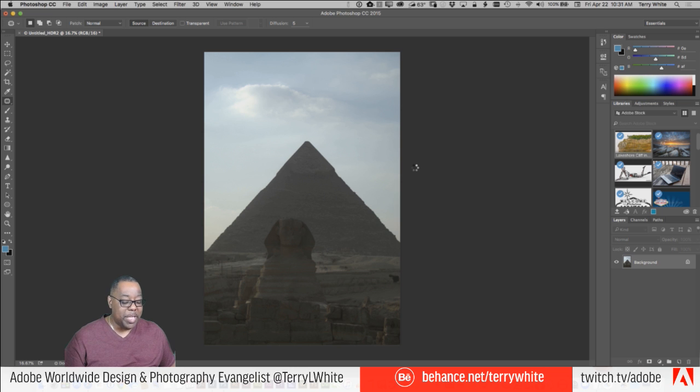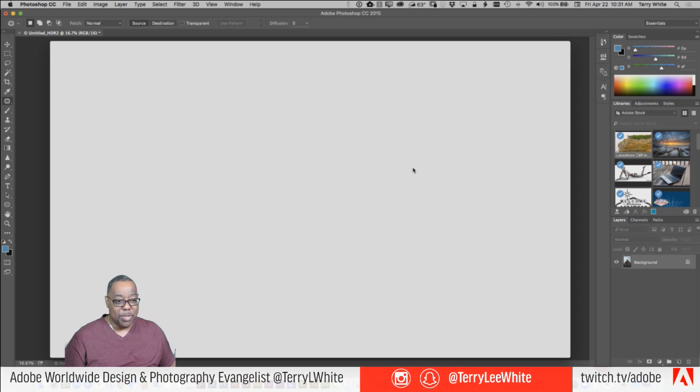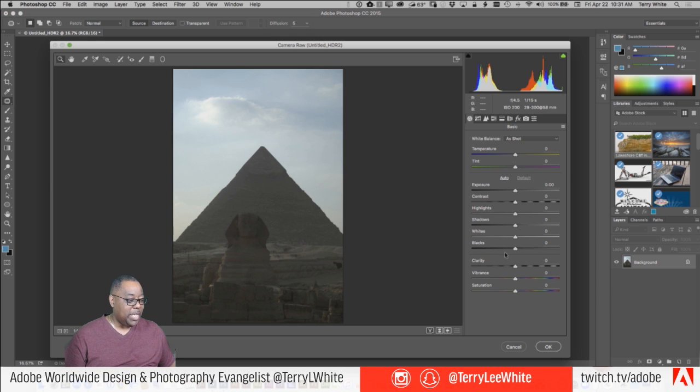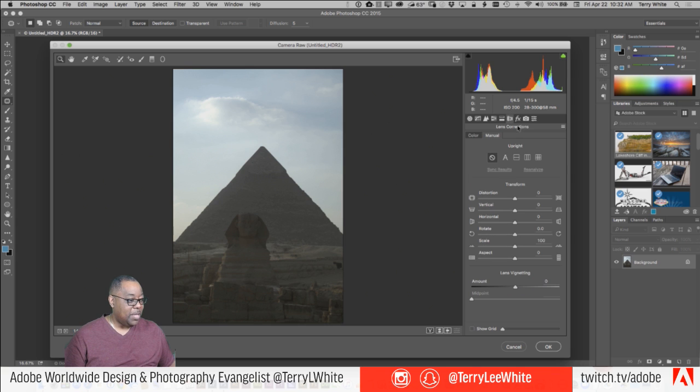because while it gave me the merge of the three, I'm not really happy with the end result, the end look. And like most automated things, you probably will want to tweak it a little bit. So once I get into the camera raw filter, then I can play around with individual things. Like, for example, I could go into